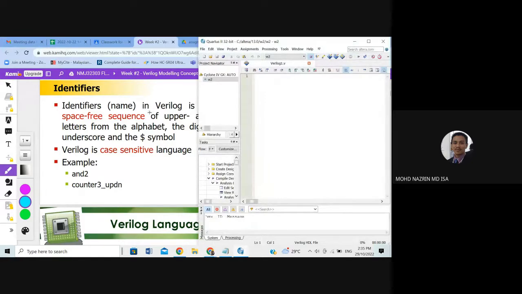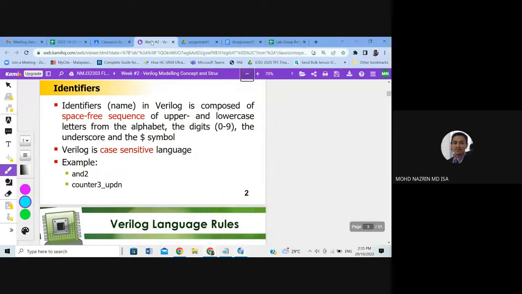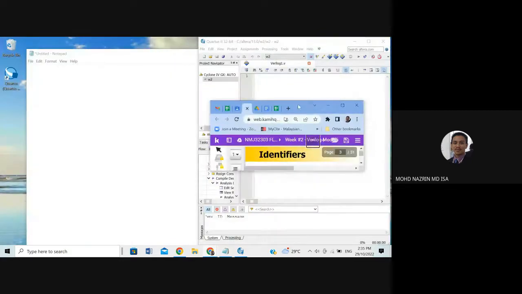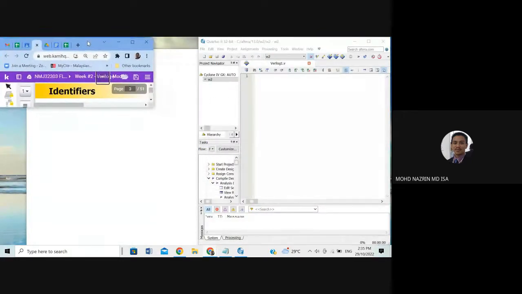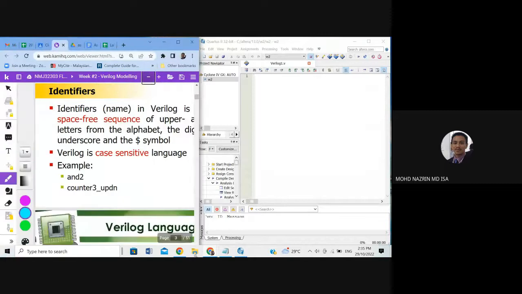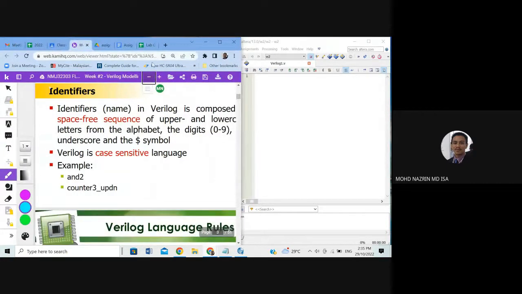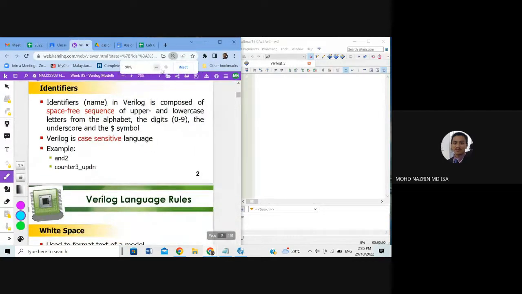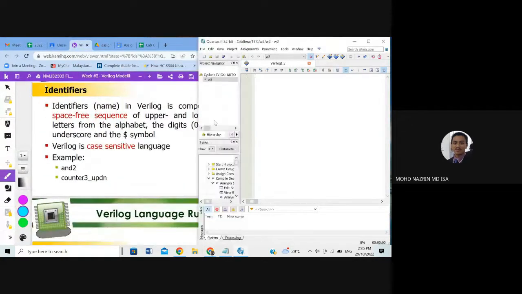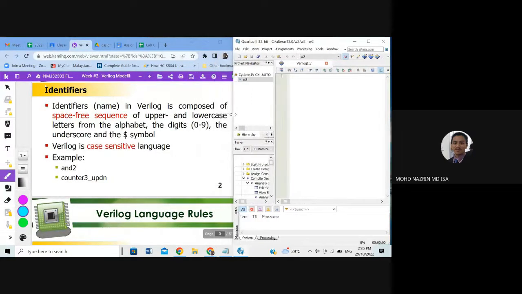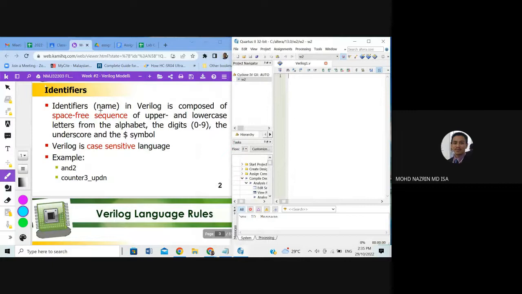So identifier is a Verilog. Alright, so it says that an identifier name in Verilog is composed of a space-free sequence